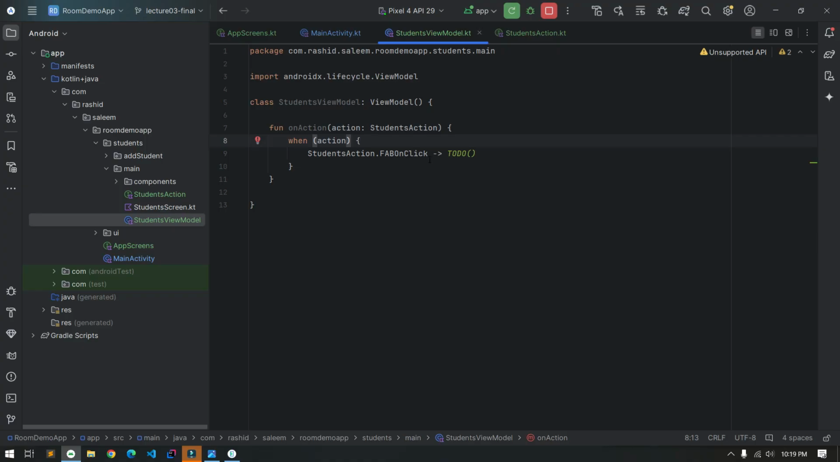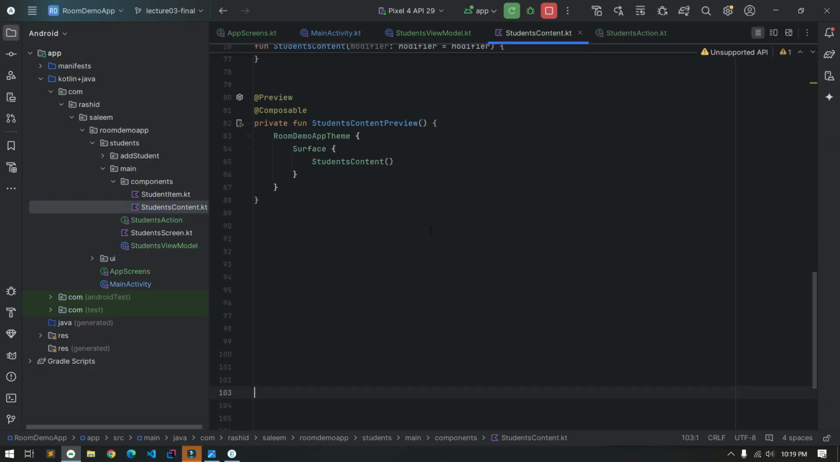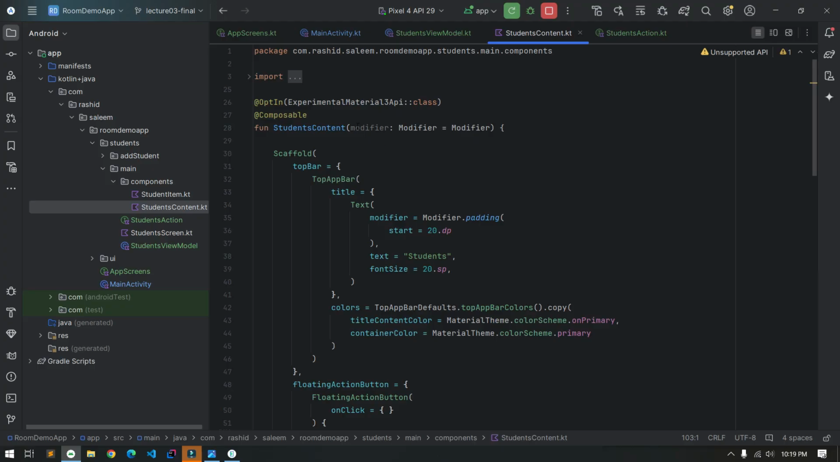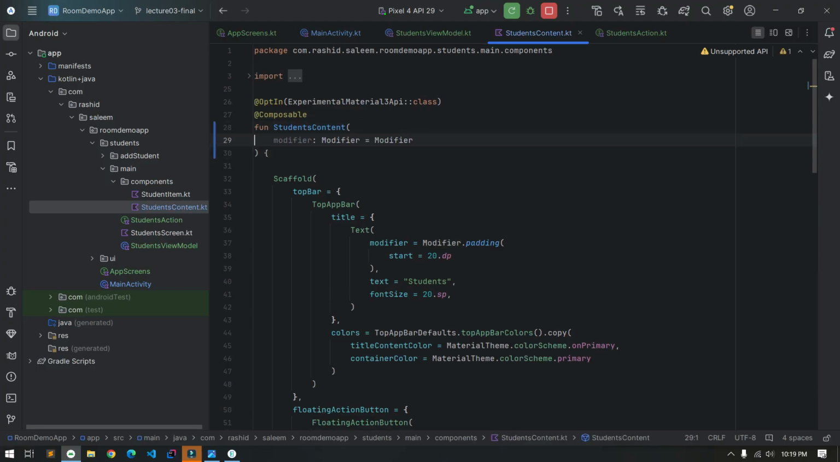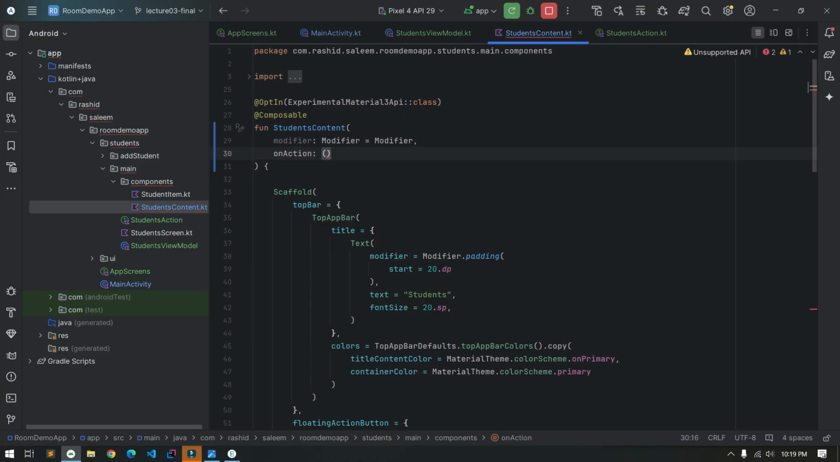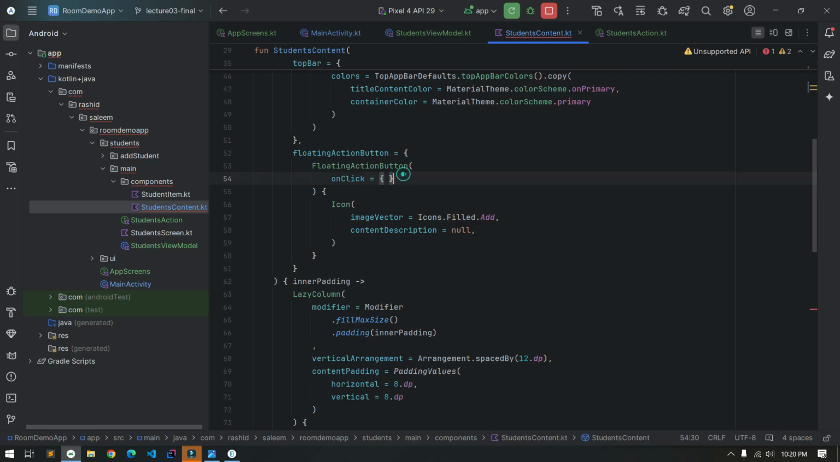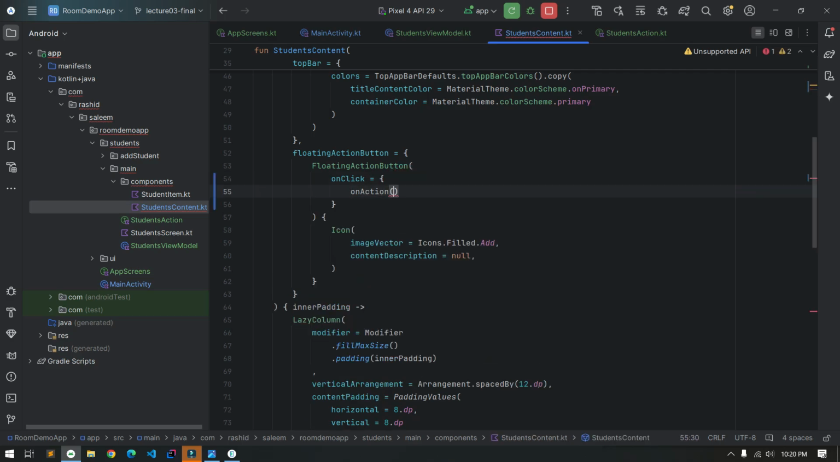So here we have this one action only, FabOnClick. Now we need to pass that action from the UI. For that we will go to our UI component, and in here we have StudentScreen, which presents the student's UI. In that we will pass a lambda function as a parameter named onAction, which takes StudentsAction and returns Unit, and we will call this when the user taps on the fab button. So here on click we will call this action and provide the action type, which would be FabOnClick,